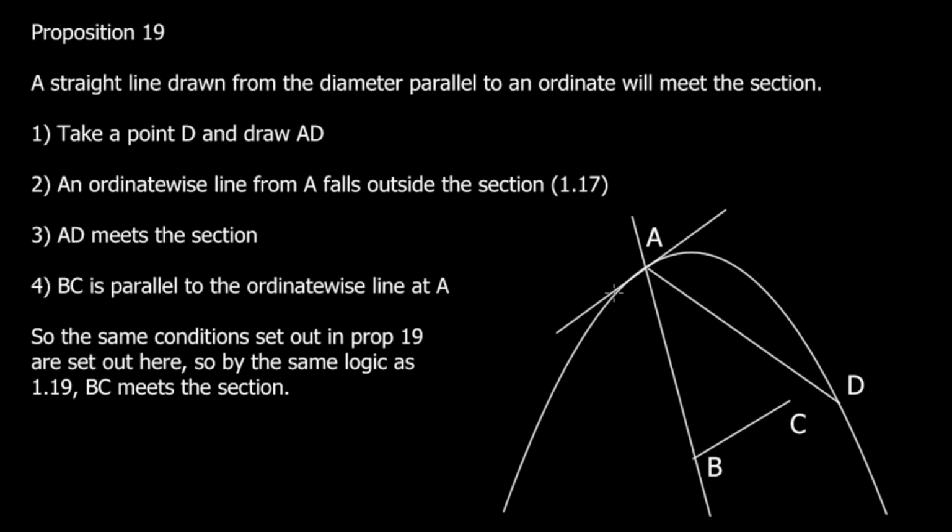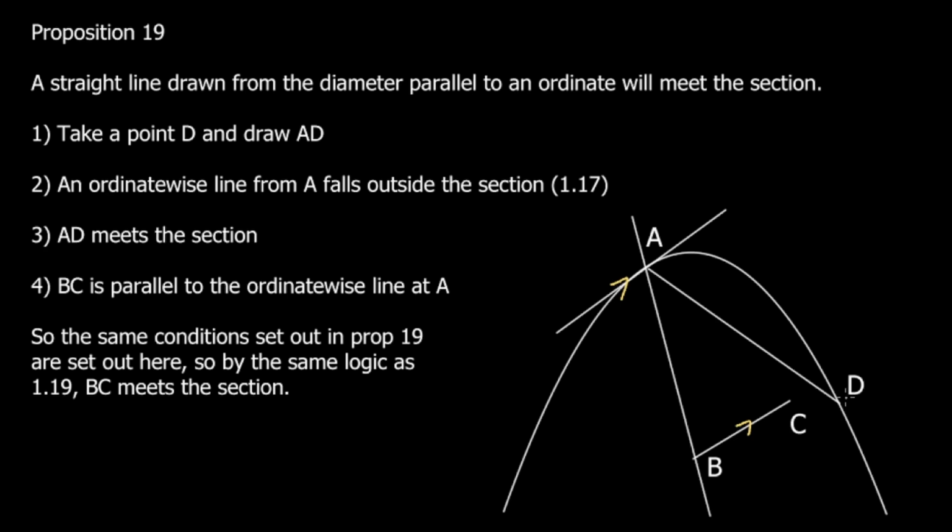So you have a line drawn parallel to this line BC because they're both drawn ordinate-wise, and you know that this line up here crosses the section at point A. So basically we have the same setup that we had from Proposition 18, where you have parallel lines, one of which is in the section, and you have a point outside of it on the section. So basically it's just asking you to take the logic from 18 and copy paste it over here. That logic is, just to remind you,